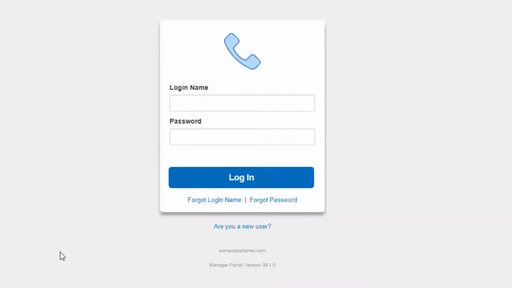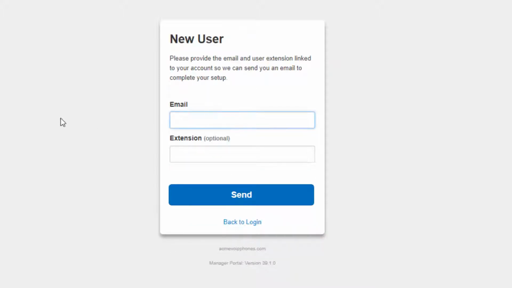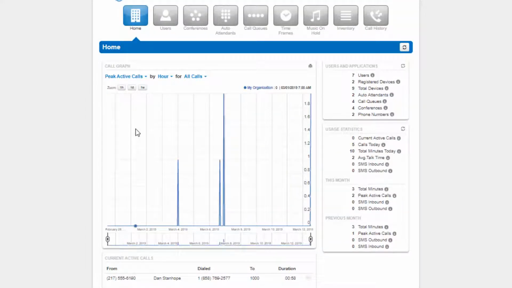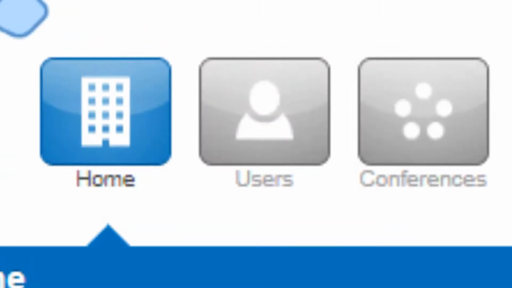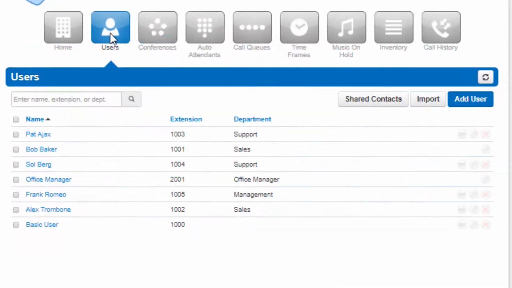On the login page, enter your credentials provided by your administrator or click the new user link. Then enter your email address and extension, and your credentials will be emailed to you. Once you are logged into the Manager portal, you will see the navigation options for system users, where you can